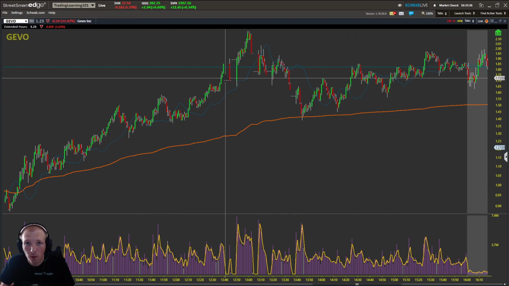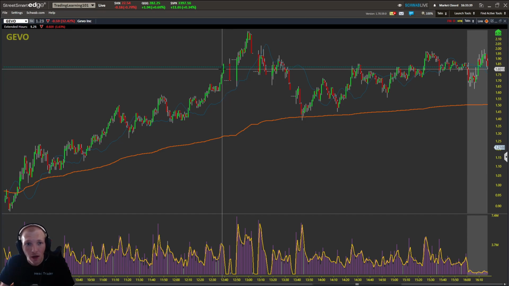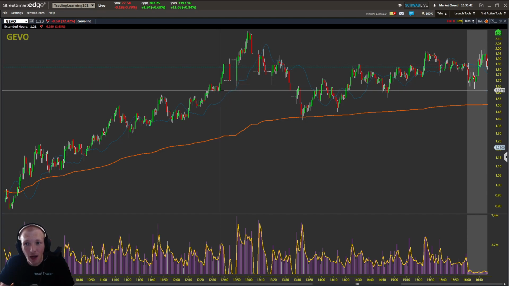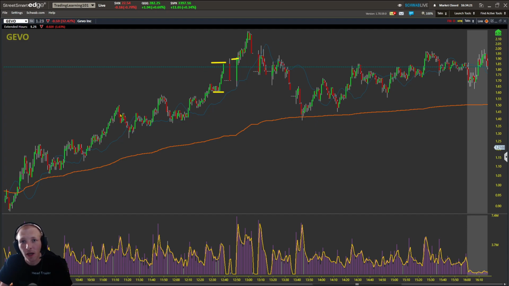But what I want to focus on is the halts on this. You can see right here, this stock ran up from $1.61 all the way up to $1.90 and gets halted. They reopen it and the stock slams down from $1.90 down to $1.70, 20 cents, and it gets halted again. They reopen it, the stock rips up to $1.90 again, gets halted again. So the stock's moving 20 cents and running into halts. And look at how random it is.